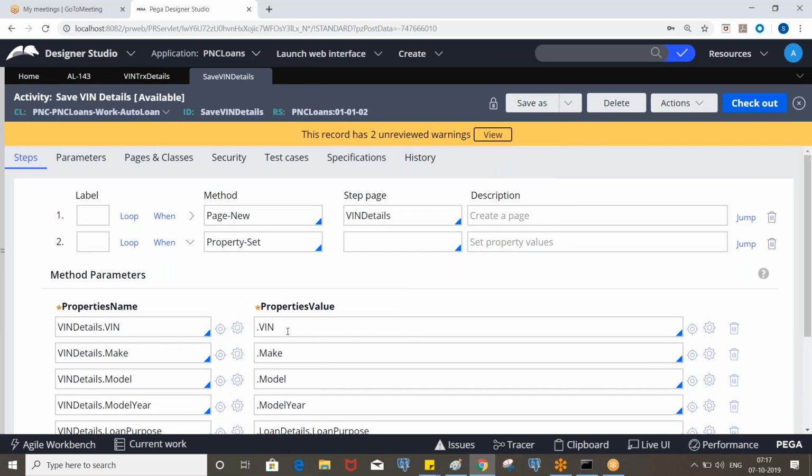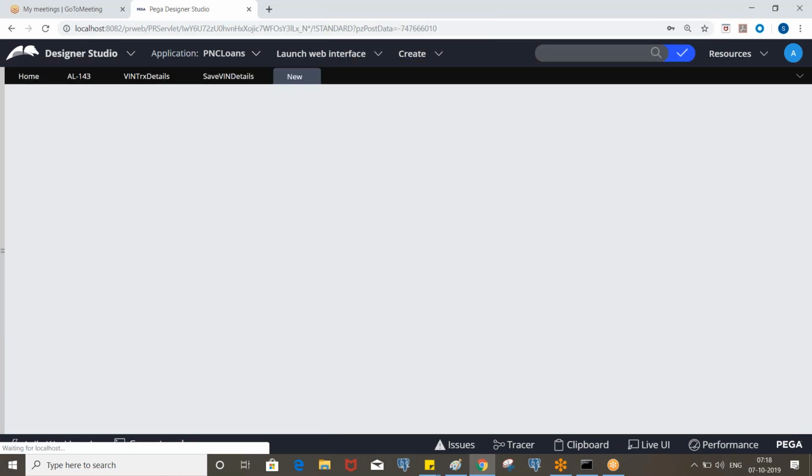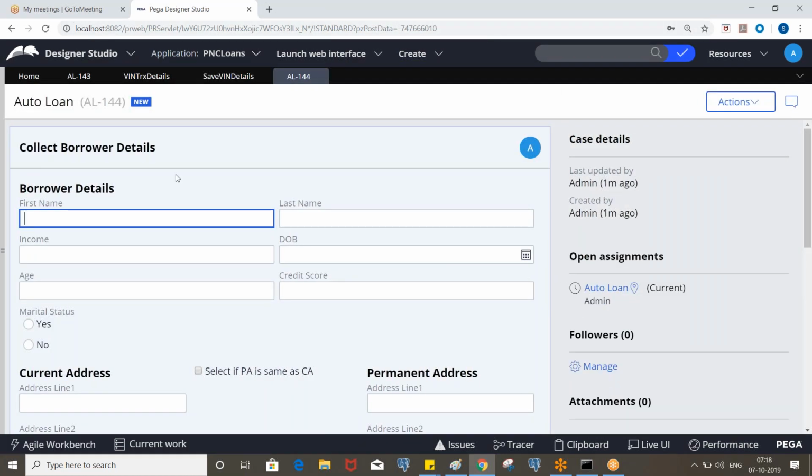So now, I don't want win. I want to save work object ID as a win. Okay. In that case, what we can put here? So instead of win, I want work object ID. So let's say every time when you execute the flow, okay, it creates a unique ID, right?